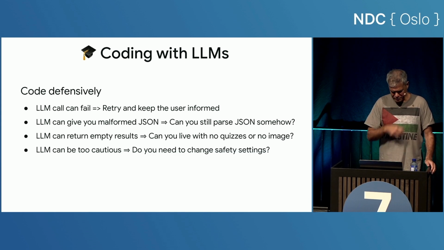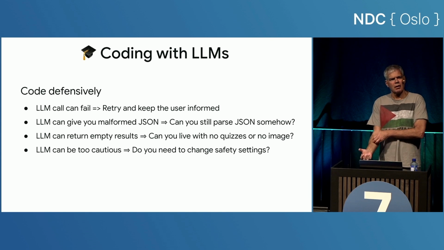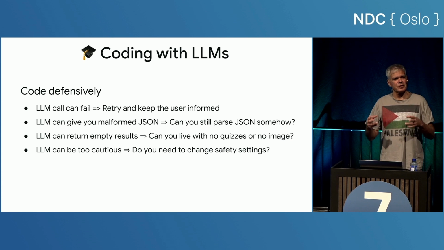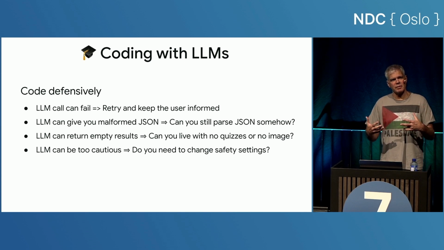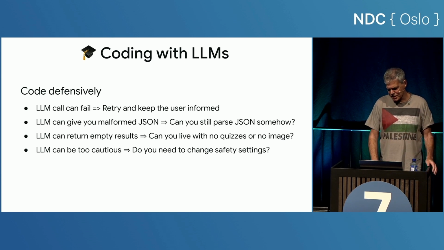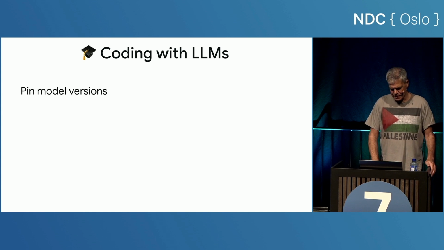So that's a good compromise, I think. Sometimes you'll find the LLM is too cautious. A lot of the commercial LLM providers are struggling with making sure they don't do the wrong thing, however you define the wrong thing. And so you will see that you'll get failed returns because the subject you asked caused it to generate something that it felt was maybe questionable. So you want to look carefully at the safety settings in your application or your API calls and decide for yourself what's the tolerable level of safety for your application.